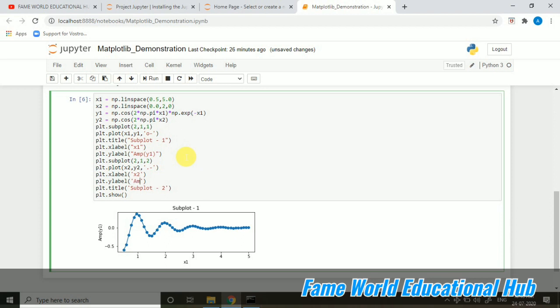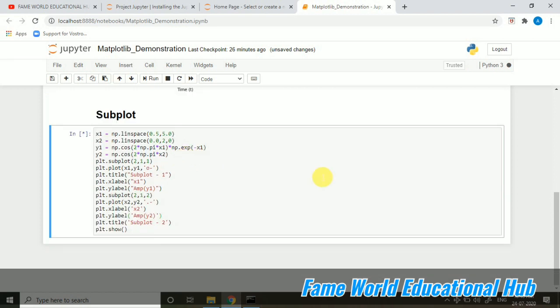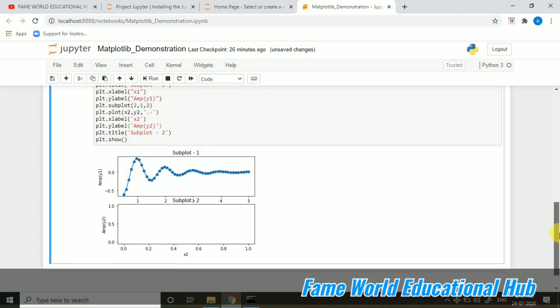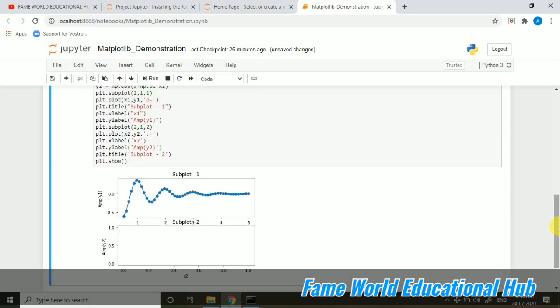Like you can see, oh, it's not appearing, nothing is appearing here because we have not taken. Okay, let me just check what mistake I have done. 2, 1, 2. Okay, it's fine. And here I have passed the value of x2 and y2. Yes, I have passed the value of x2 and y2 simply. Okay, let me just check what is the error here. x1, x2 I have taken, then y1, y2 I have taken.